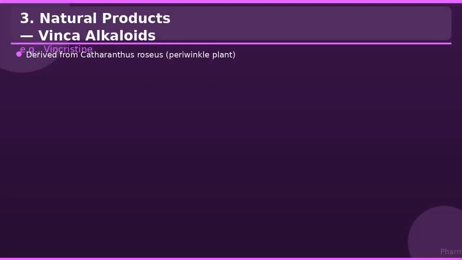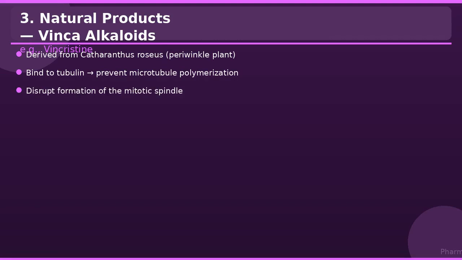Natural products form the third major class. A well-known subgroup is the vinca alkaloids. Vincristine is derived from the periwinkle plant, Catharanthus roseus. It exerts its cytotoxic effects by binding to tubulin, the protein that polymerizes to form microtubules, which are critical components